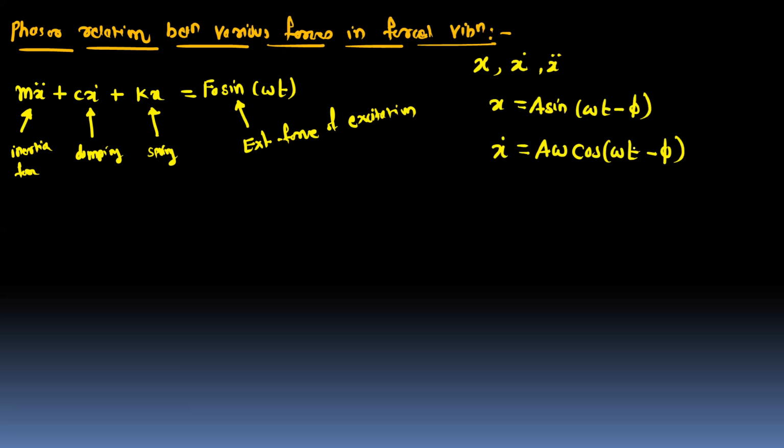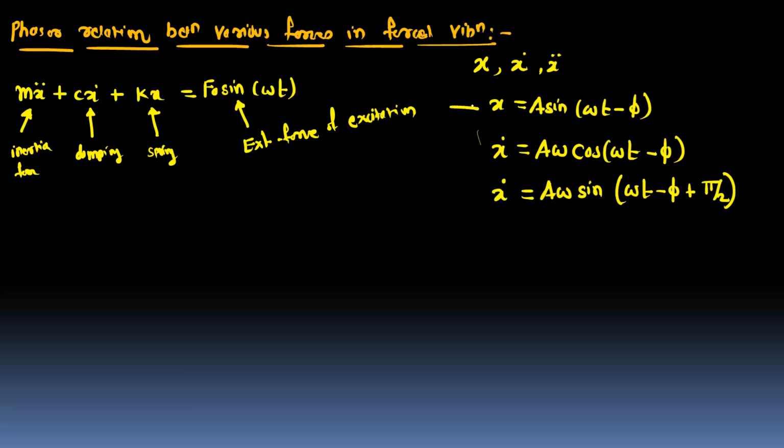Okay. Now this complete equation we will try to write in terms of sine function only. And therefore we can write this equation as a omega sine omega t minus phi plus pi by 2. Okay, that means if you add the 90-degree angle in the sine function, then we will reach the cosine function. So basically the cosine function is leading the sine function, and sine is the lagging function. So we have converted this cosine function in terms of sine function by adding the pi by 2 angle. So this is your x dot value.